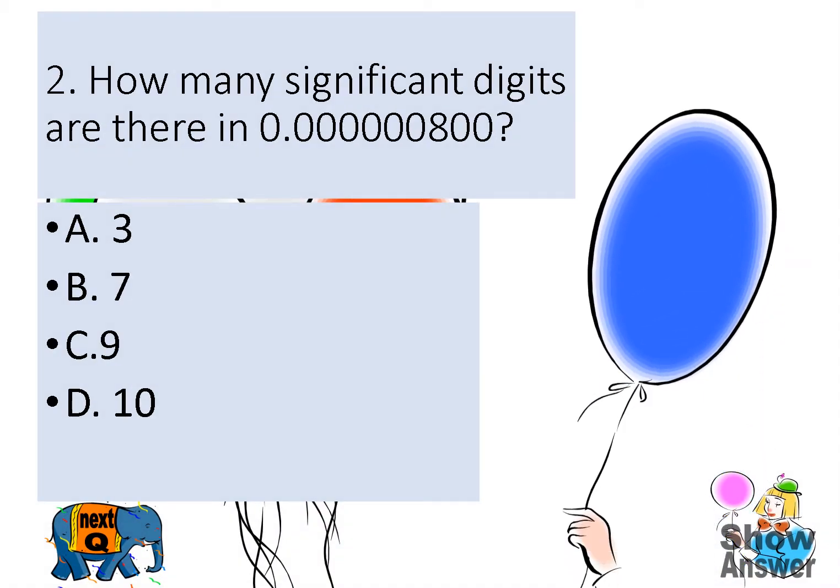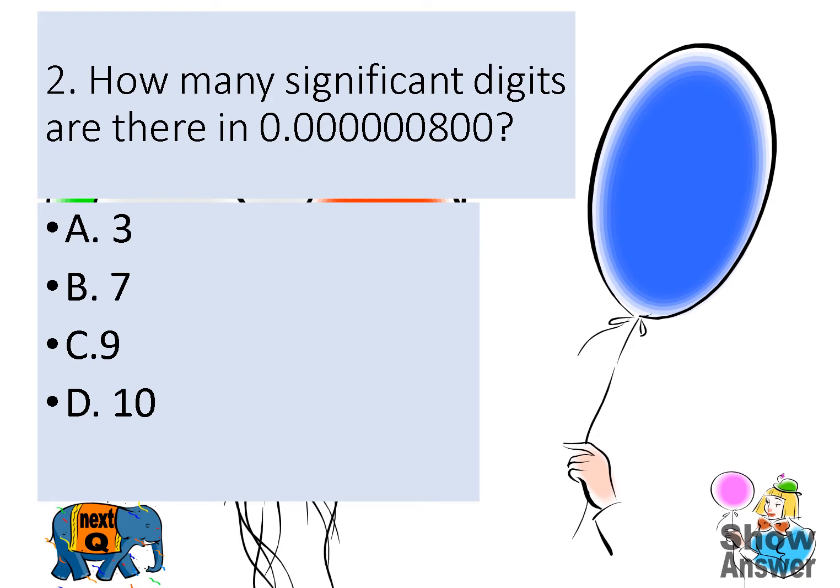How many significant digits are there in 0.00000800? Is it A, 3, B, 7, C, 9, D, 10? What do you think is the answer? Let's now show the answer. The correct answer is letter A, because